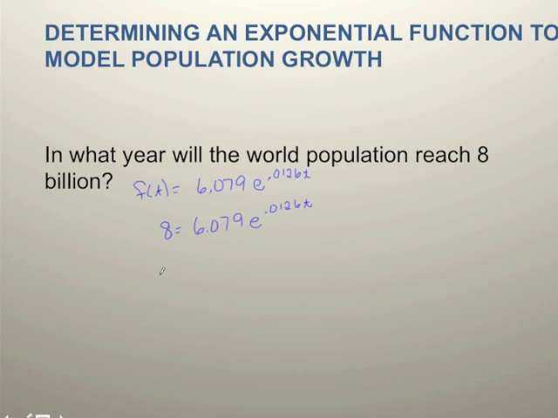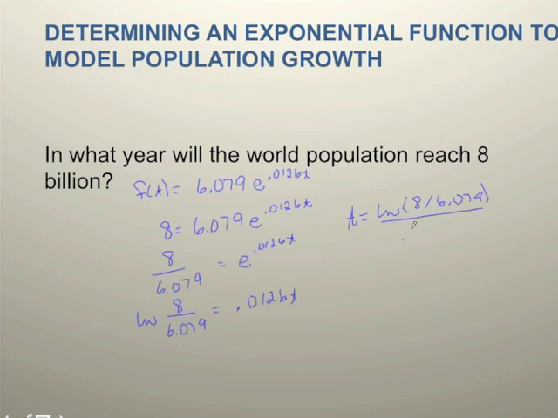So divide by the 6 and 79 thousandths, 8 divided by 6.079 equals e to the 0.0126t. Take the natural logs of each side. So the ln of 8 divided by 6.079 equals 0.0126t. So t ends up being the ln of 8 divided by 6.079